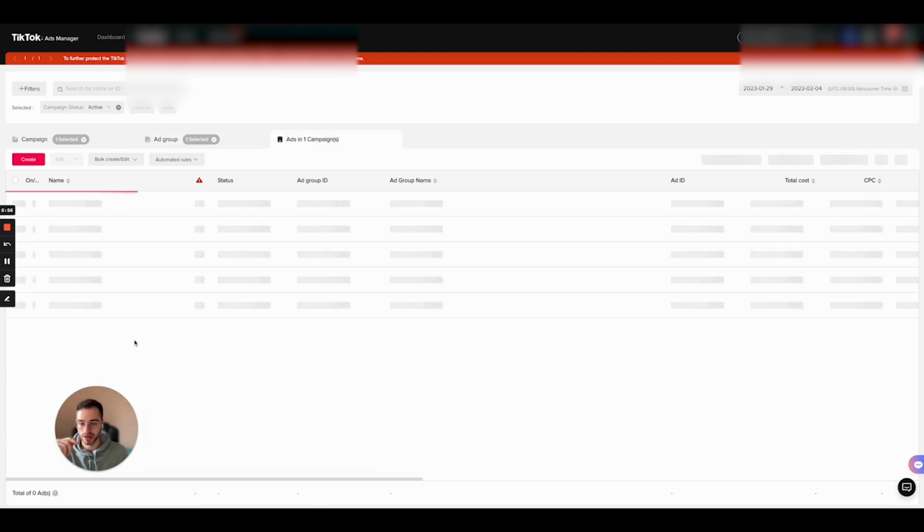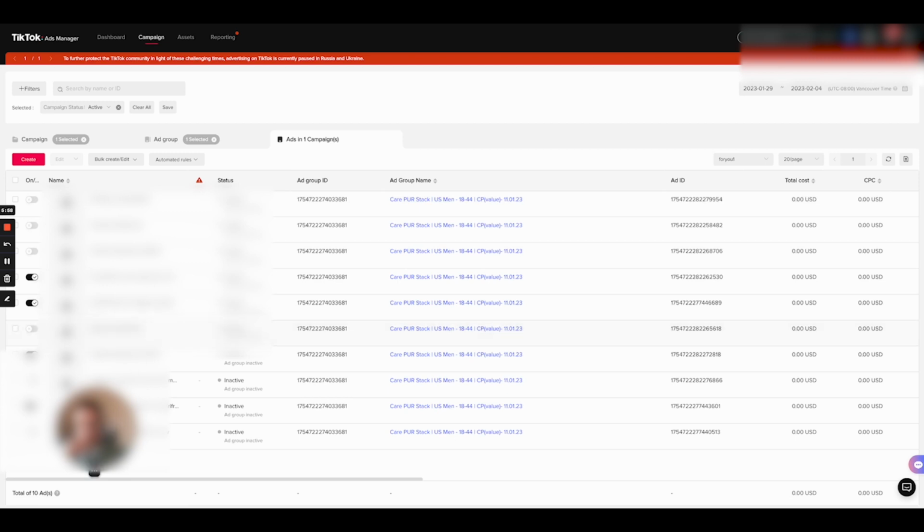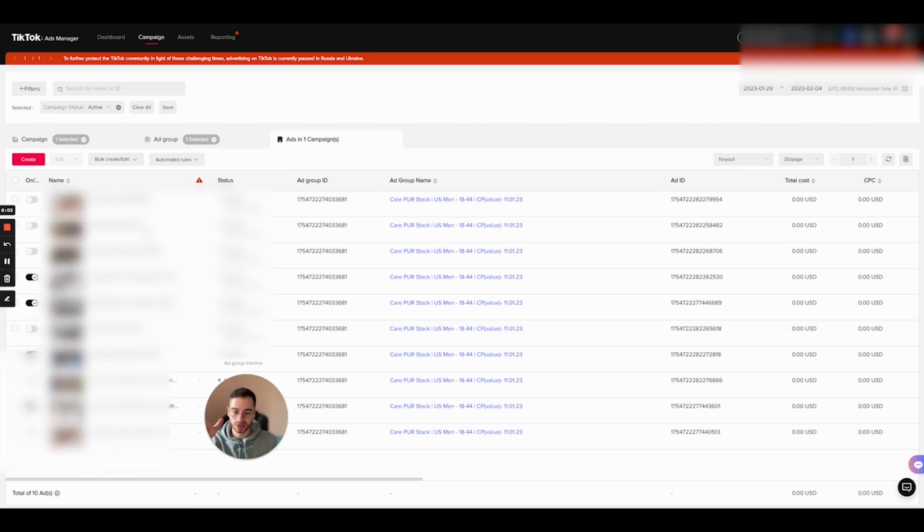You can see I have one here. I have like 3 to 5. Now I do have a lot more there, but most of them don't really have spend, to be clear. So I'm really pushing 3 or 4 ads at one time, so they can all get enough spend behind them.